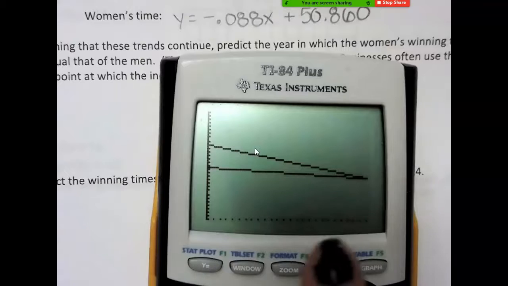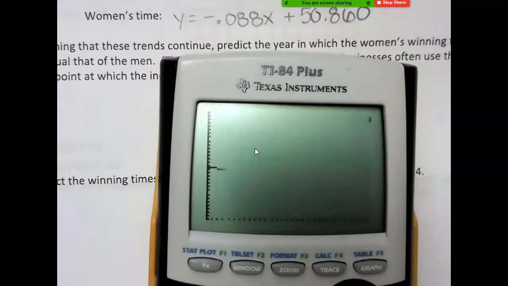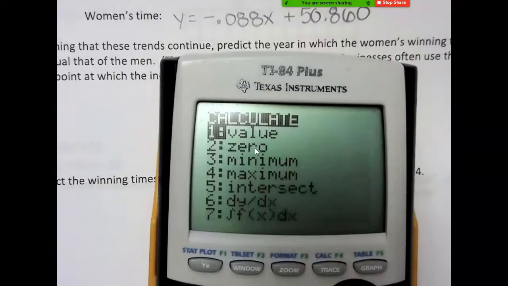And it kind of looks like they hit, so I might go out one step further just because I like to see clearly. Once I can see they definitely intersect, go to second, go to trace, go to 5,